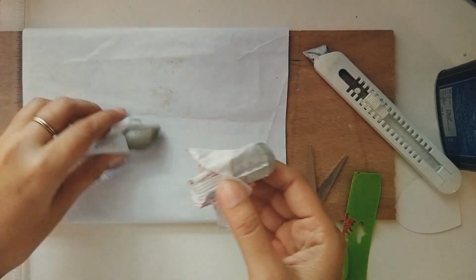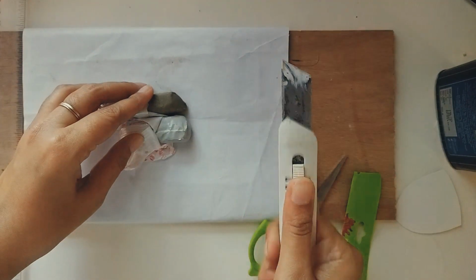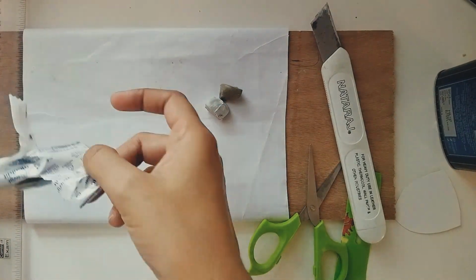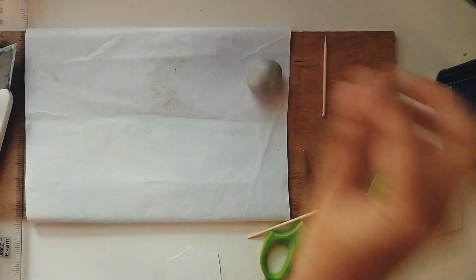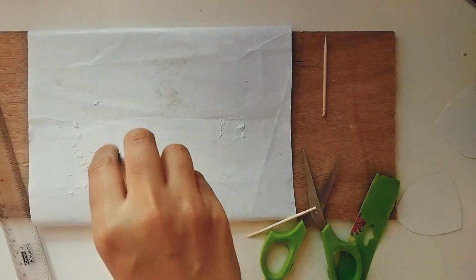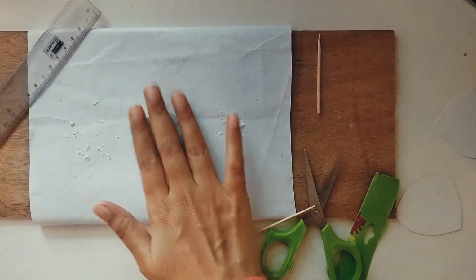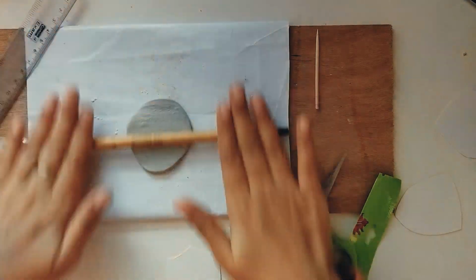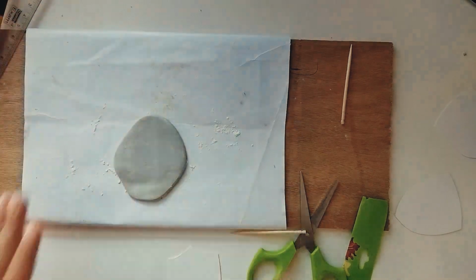mix well. Once that is done, you'll have to knead the dough well and flatten it using any tool that you feel would work. For me, I first tried doing that using a wooden paintbrush, but as you can see, it did not work. It left a very heavy texture, which is something I did not want. So I picked a crochet needle that was lying around that is made of plastic, and that seemed to do